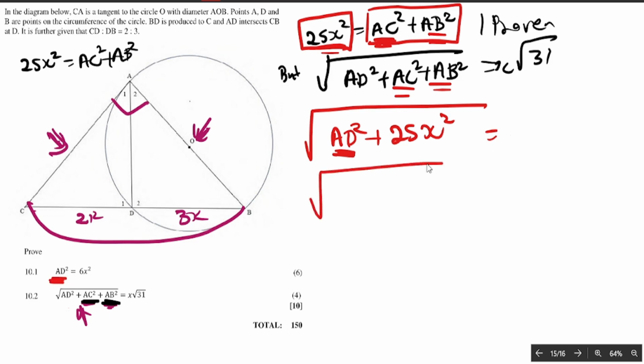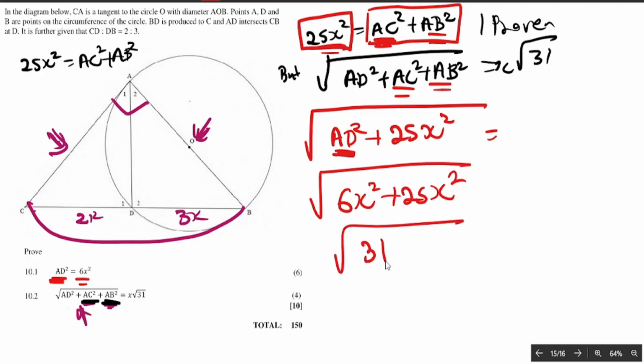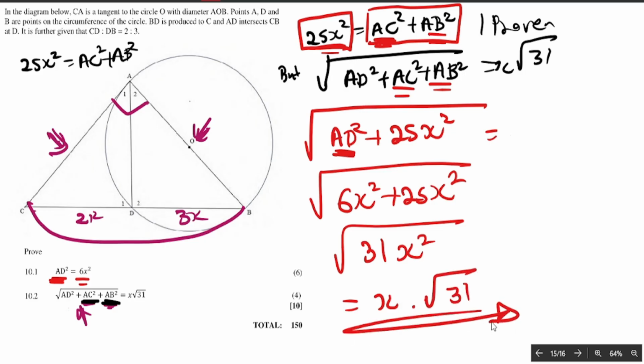So it's going to be 6x squared plus 25x squared, and you're going to get 31x squared. Then if you take the square root of 31x squared, it's going to be x multiplied by the root of 31. So this is going to be your final answer for this question here of 10.2. I hope